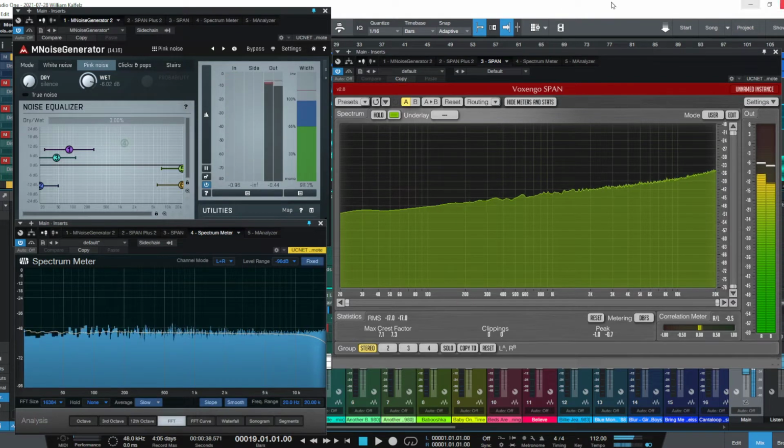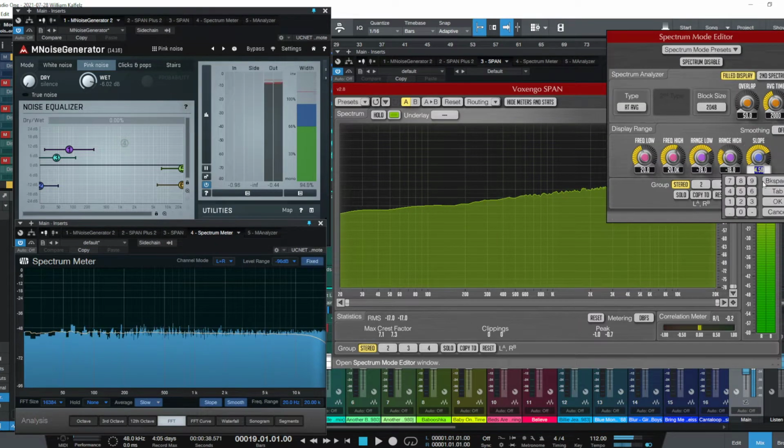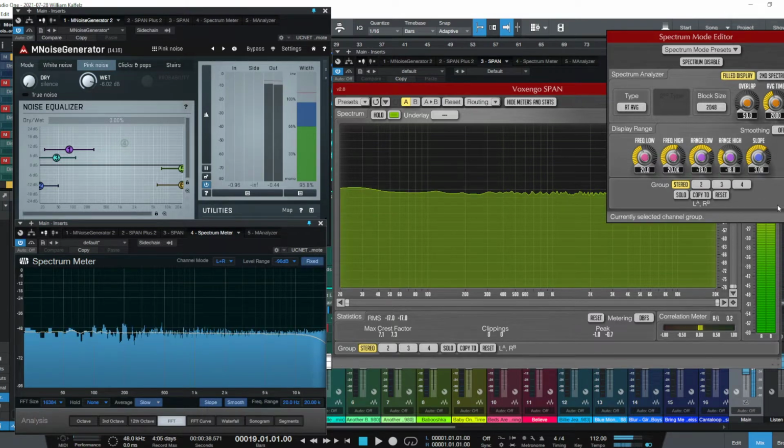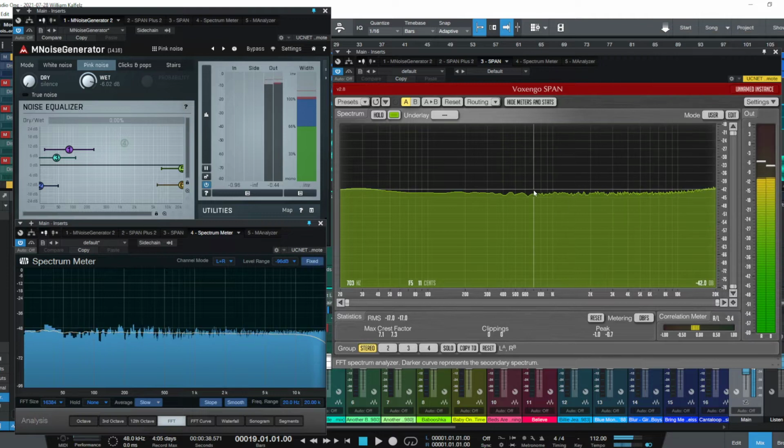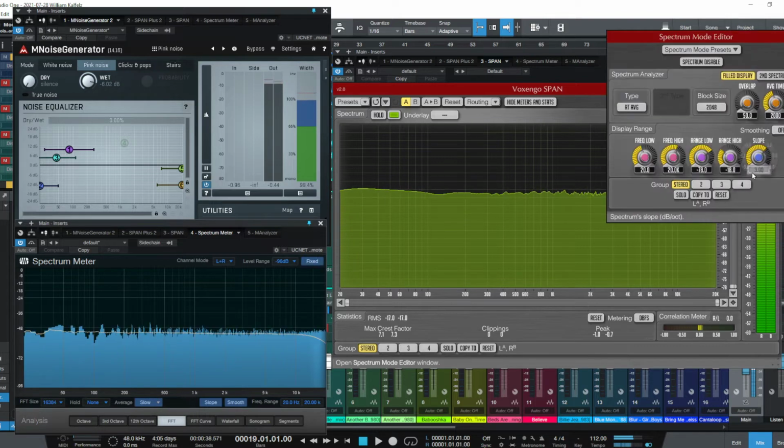But from what I discovered, pink noise mixing is not the best solution, because we will end up with less bass and a lot of highs. And if I go here on the Voxengo SPAN, this is the free version. If I click edit and set the slope to 3, we get a very flat line with the pink noise. But if I go back to 4.5,